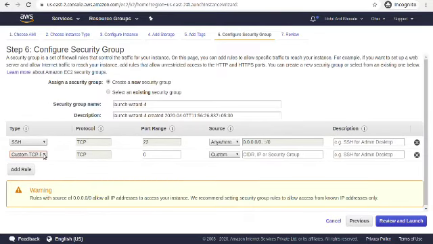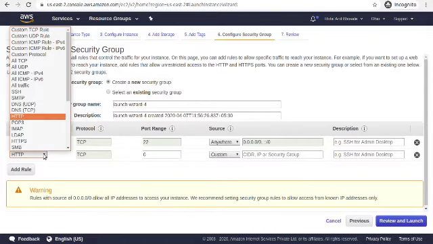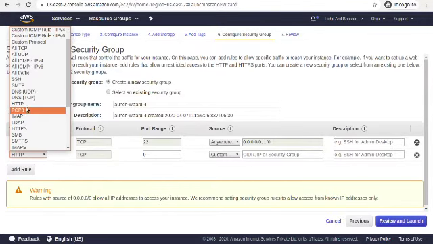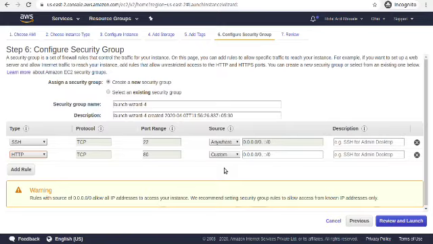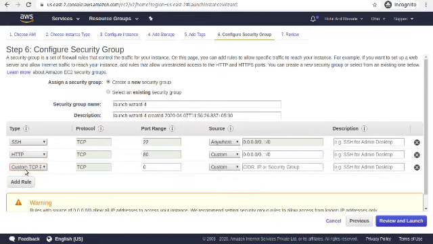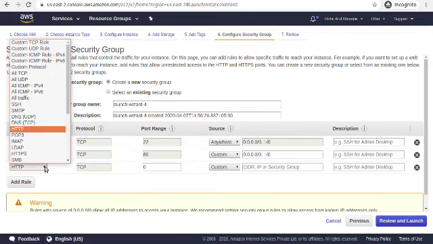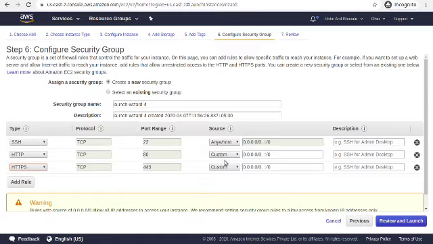Again we have to add one rule, that is HTTP. You can make the HTTP request on port number 80. Also add HTTPS, that is port number 443, and make it anywhere. So these ports are accessible from anywhere.